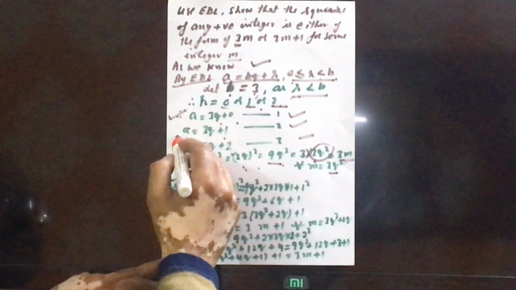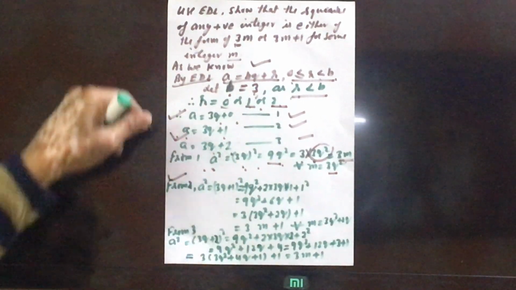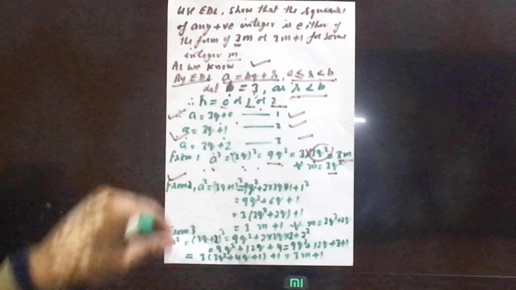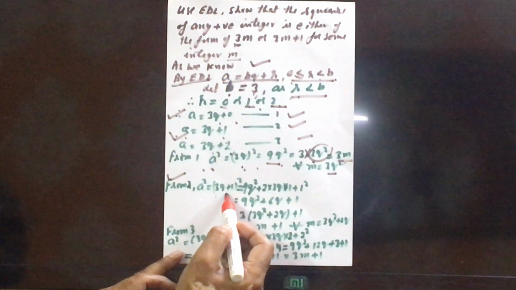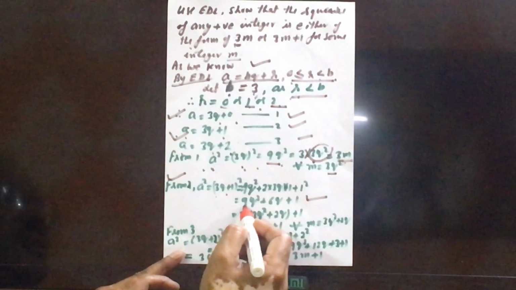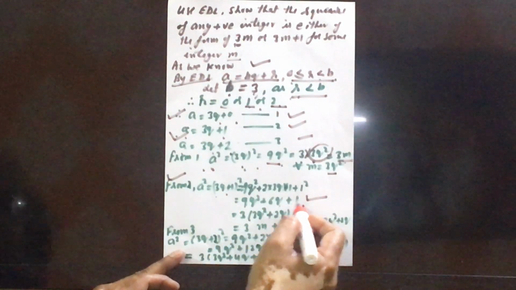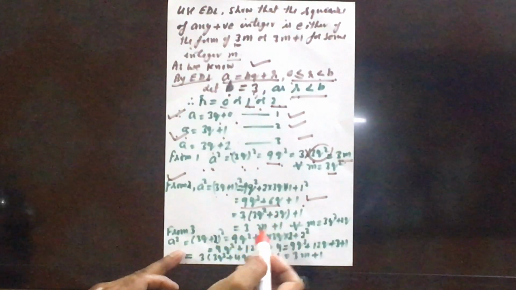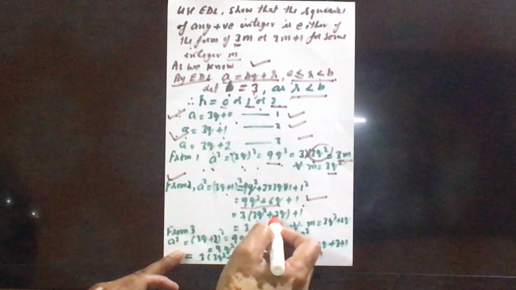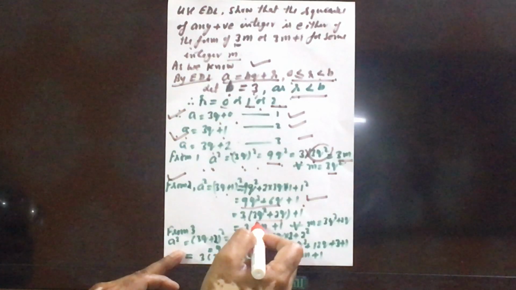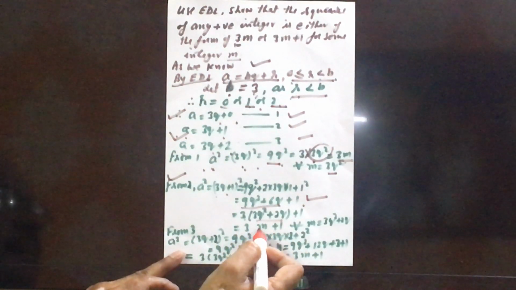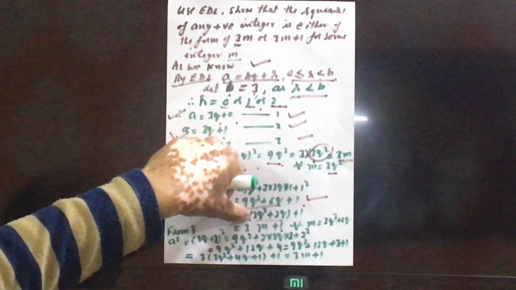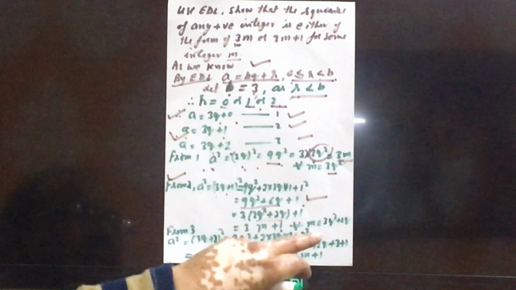Now second case, if we square the second equation, on the left side we will get a square, on the right side 3q plus 1 whole square. Here we will apply the formula a plus b whole square and we will get 9q square plus 6q plus 1. Now from the first two terms we can take 3 common, and the quantity written in the bracket we write as m. So we will get 3m plus 1. So now it is of the form 3m plus 1, where m will be equal